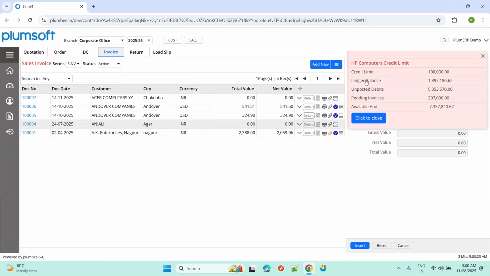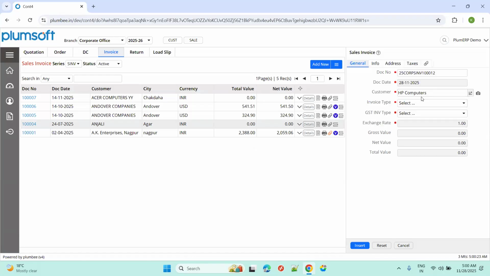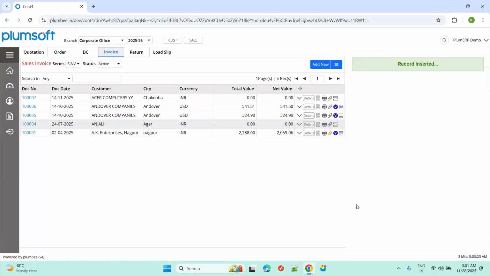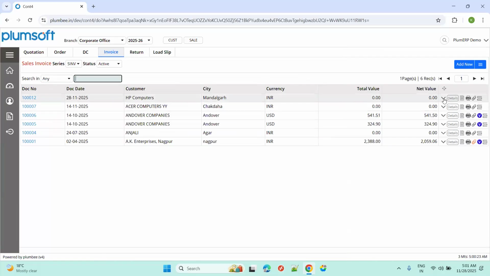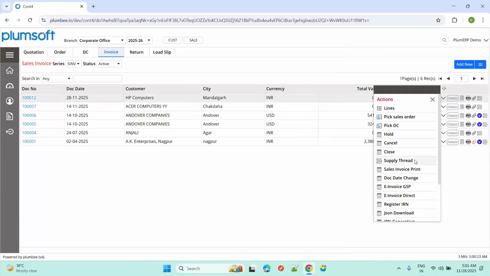Everywhere, if you notice, there is a credit limit whenever we pick a customer: ledger balance, unposted debits, pending invoices. All this information appears as a pop-up. The invoice type is a domestic and B2B transaction. I've just created a header. So everywhere we can keep track of